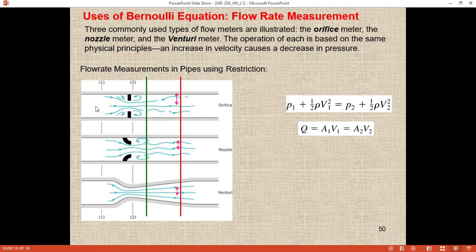In the orifice you can see the fluid entering the orifice. After discharging, the fluid layers separate from each other, because here the velocity is low and the pressure is high, but when it enters the orifice, the velocity increases. Because the velocity increases, the pressure reduces. Because the pressure reduces, the boiling temperature is reduced. If the boiling temperature is reduced, there is vaporization. This vaporization basically causes cavitation.